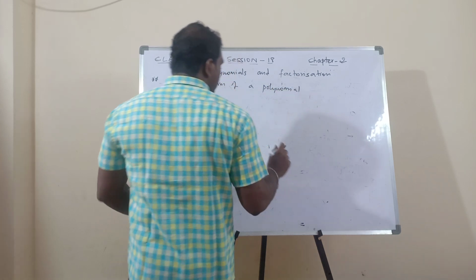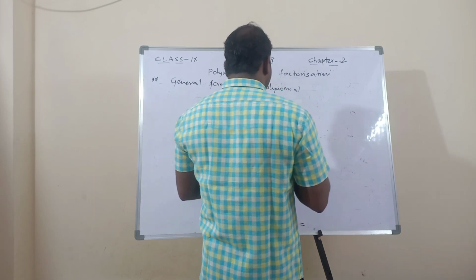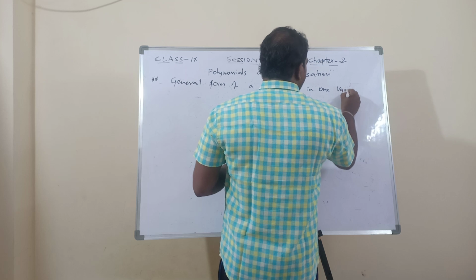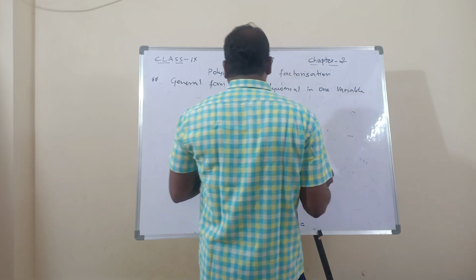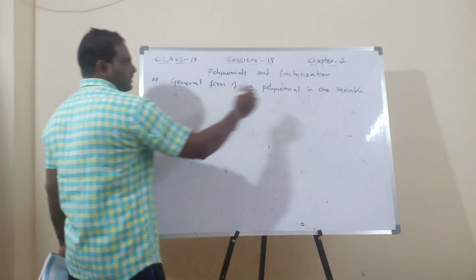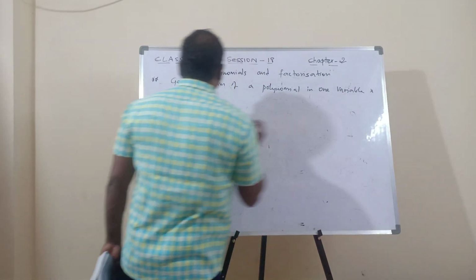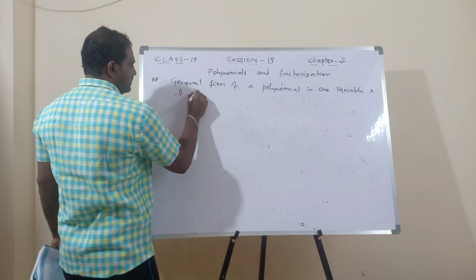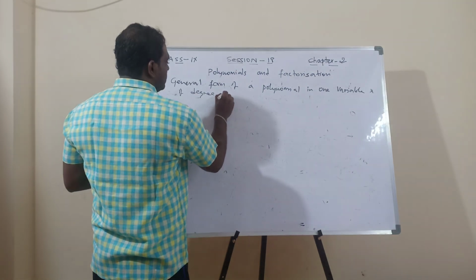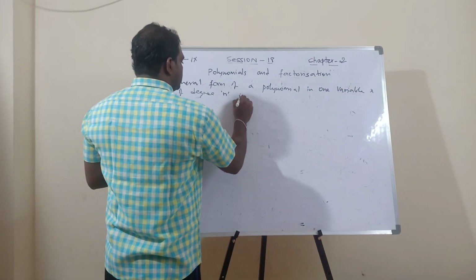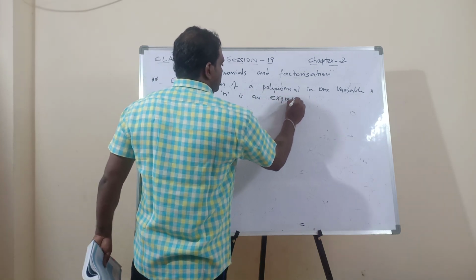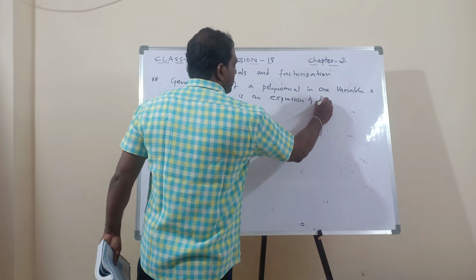General form of a polynomial in one variable x, in one variable x of degree n is an expression of the form